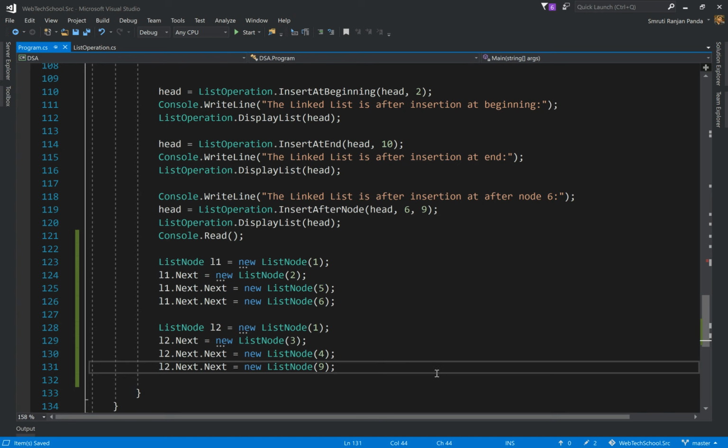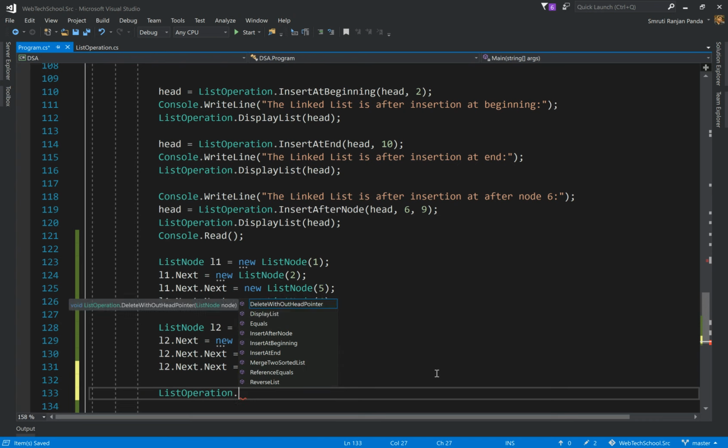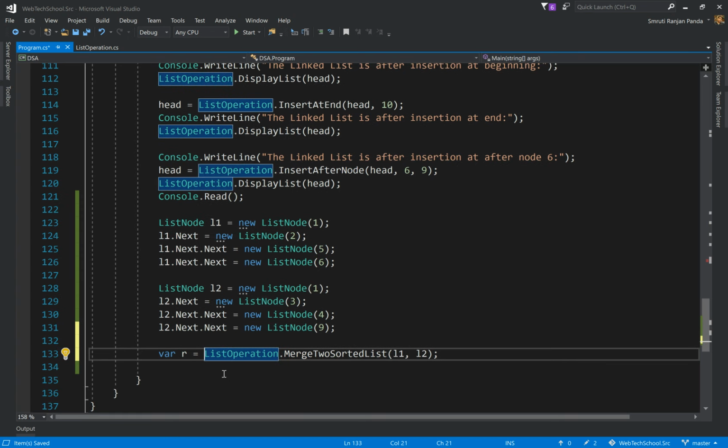Now let's call our method ListOperation.MergeSortedList. This expects L1 and L2, so we'll pass those. It returns the head of the result node, so I'll store it in variable R. This is our result list.